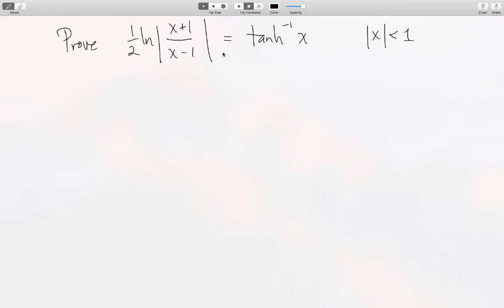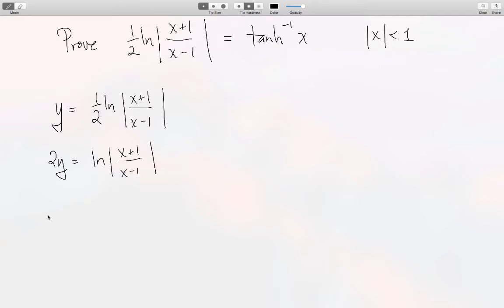You can see that I just had this thing that I needed to try to solve for x, so it'll be easier if I write it like this. So let's do that. What we'll do is we'll say y is 1/2 ln (x plus 1) over (x minus 1). If I start with that, and then I multiply both sides by 2, and then I use the inverse properties of the ln, the fact that it's the inverse of the exponential,